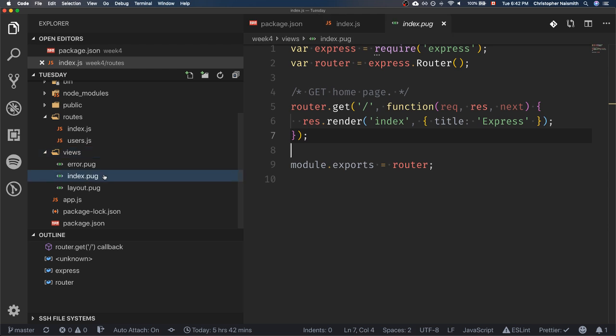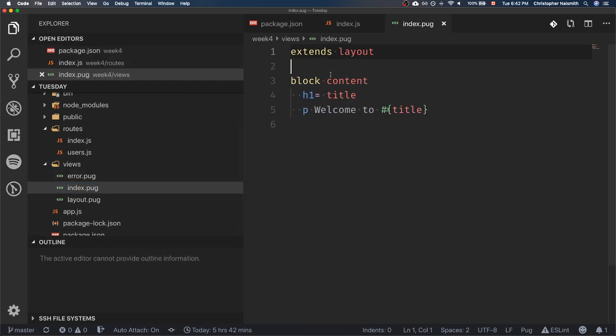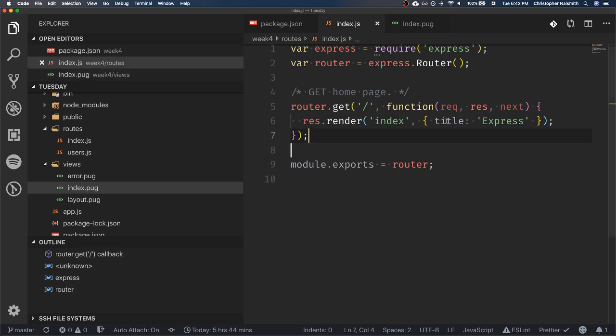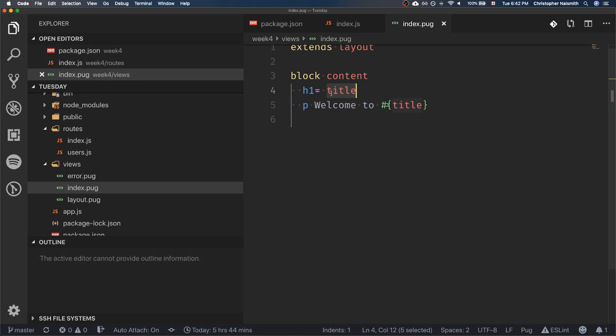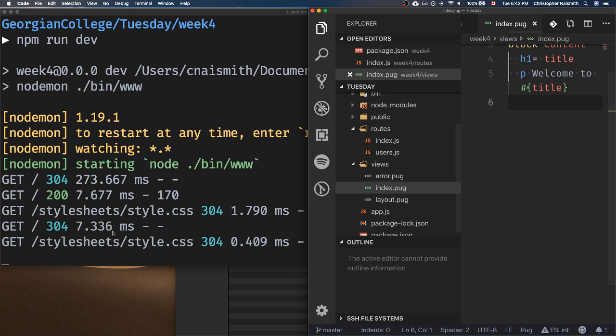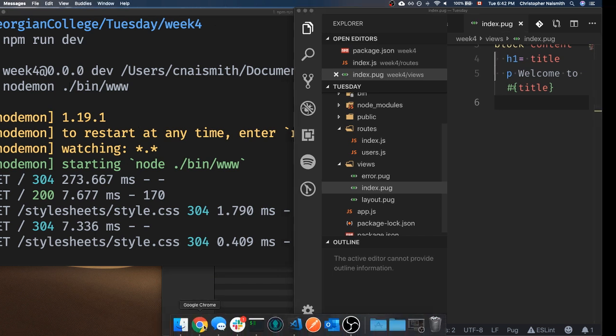If we actually open up index.pug, you'll see there's the same reference to a variable, title, inside of our res.render here. And in here we have title and welcome to title. So if I open these side by side with my browser,